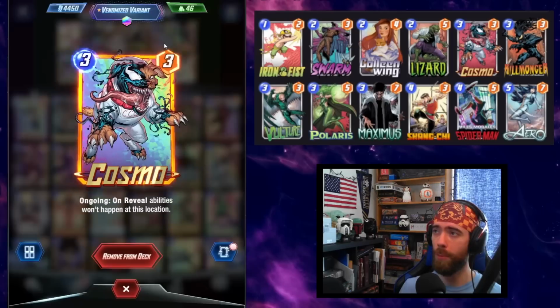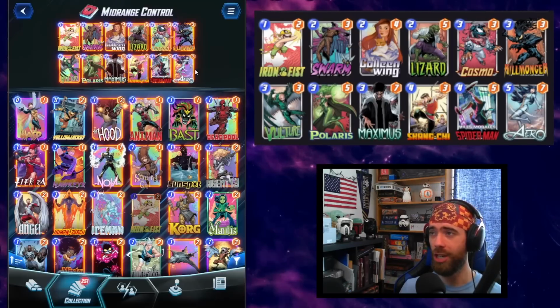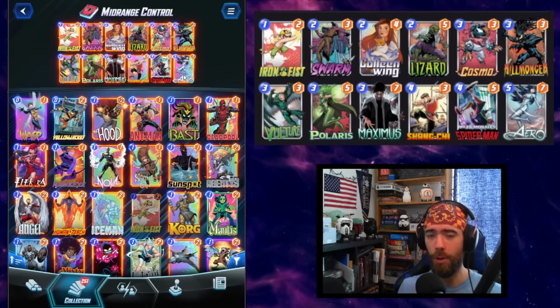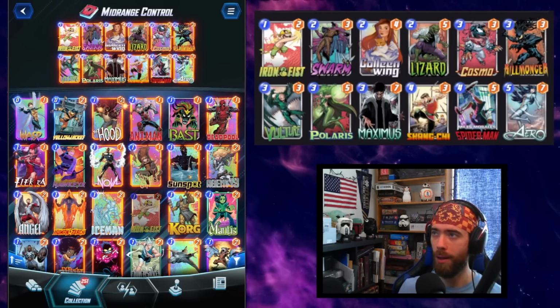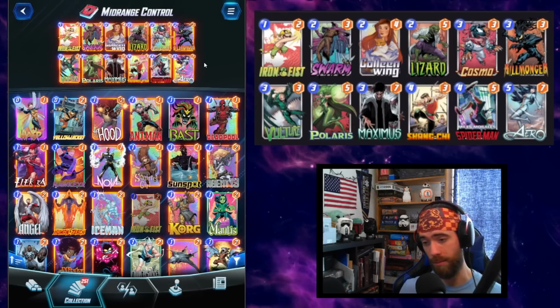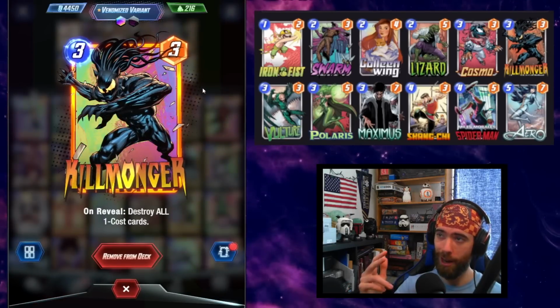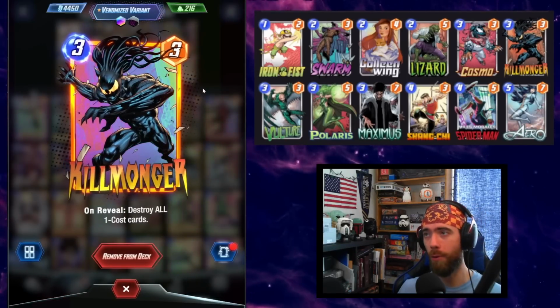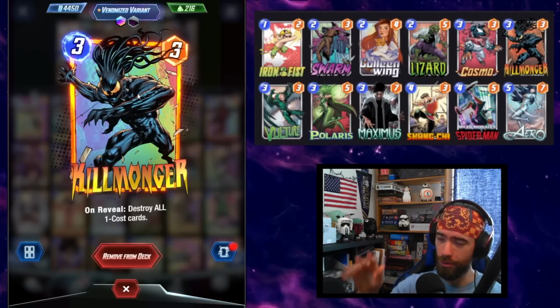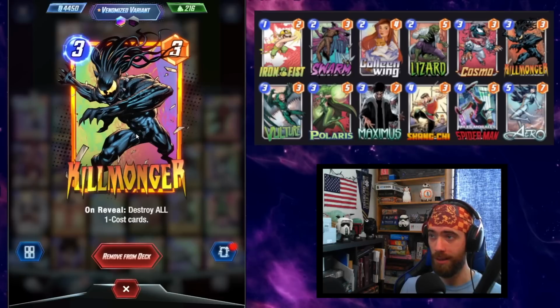The rest of our control pieces, we're looking at the Cosmo and the Killmonger, Shang-Chi, and then of course the Arrow and the Polaris are also control elements as well. Cosmo being able to lock down those on-reveal abilities can be so pivotal. He is just an incredible card here, and the Killmonger is doing great work up against Thanos that is popping up all over the meta, being able to cull the stones or pick off a particularly powerful Sunspot,